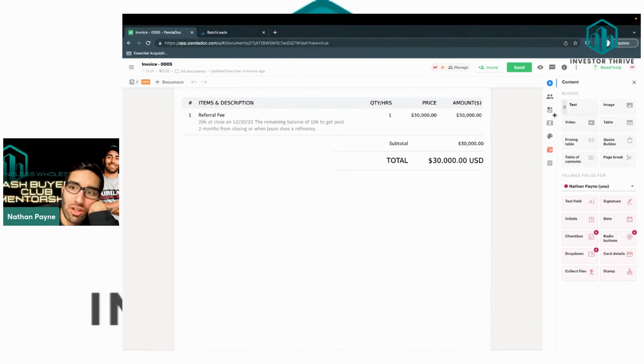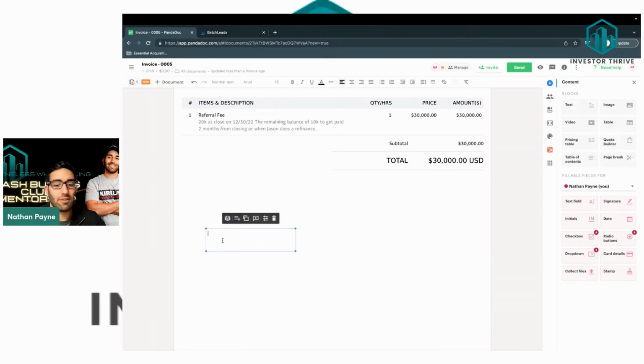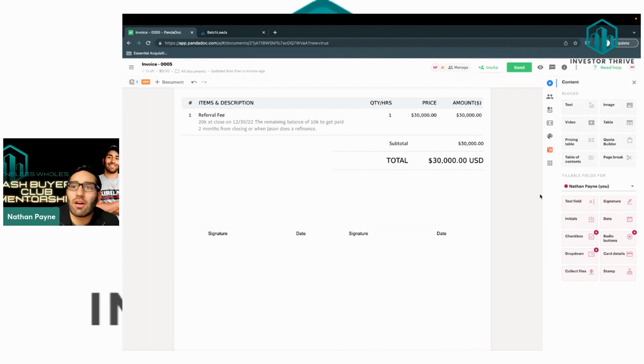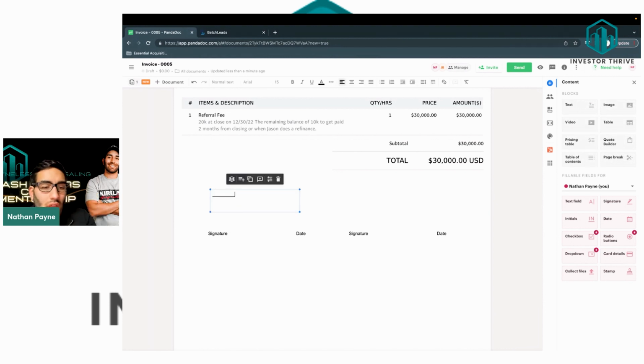I would just go down here under text and I would put signature, and then we'll put date. Might look a little janky, but I don't really care. Okay, well, interesting. The signature and date, we'll put that there. Copy. We'll put another one. Duplicate that. We'll put this for him. And then let's see if there's like a little line we could do. All right. And then I'll do a line like this.